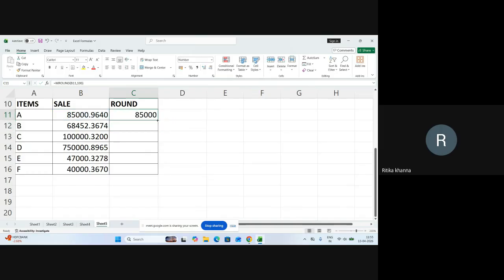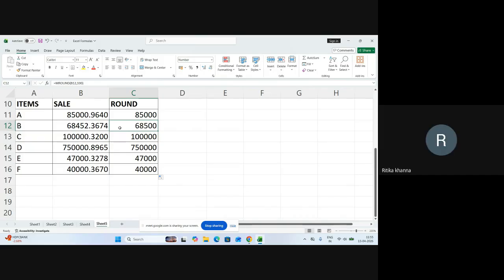और इसका इम्पैक्ट आपको देखने को मिलेगा सेकेंड आइटम में, क्योंकि बाकी सारे ही 100 के मल्टीपल्स में है, राइट। सी सेकेंड फिगर 68,452 इज बिकमिंग 68,500। अब आप कहोगे कि मैम ये यहाँ यूजफुल कहाँ होंगे। एट द टाइम ऑफ इनवॉइस मेकिंग, जब हम इनवॉइस जनरेट करते हैं ना, तो वहां पर फिगर डेसिमल्स में आ जाती है, और वहां अगर हमें नंबर को राउंड करना है तो आप वहां यूज करें फंक्शन। हम जब टेक्स्ट कैलकुलेट करते हैं तो टेक्स्ट भी हमारा डेसिमल्स में आता है, वहां पर भी डिपार्टमेंट हमें नंबर को राउंड करने के लिए कहता है, देन यूज दिस फंक्शंस।